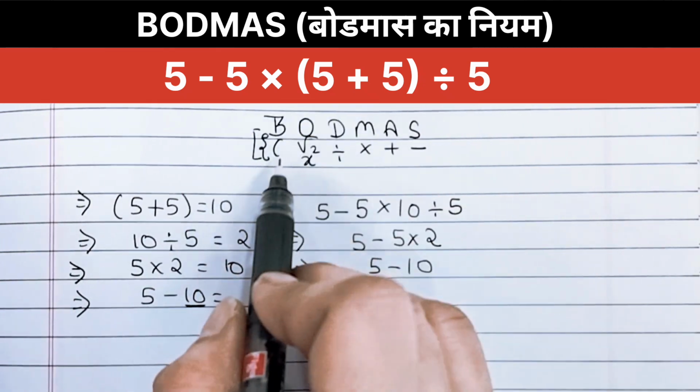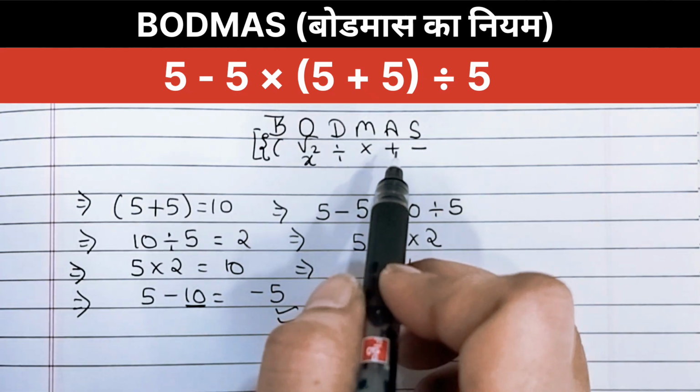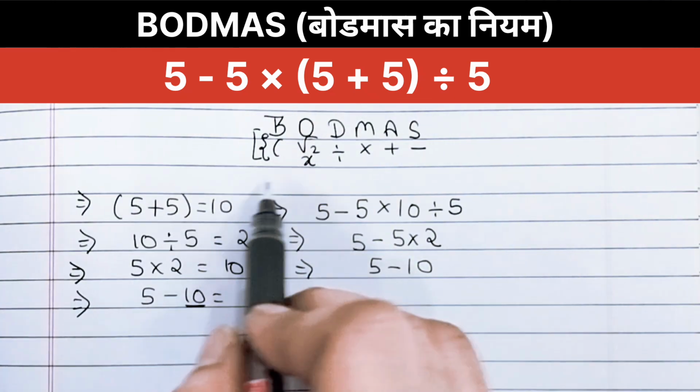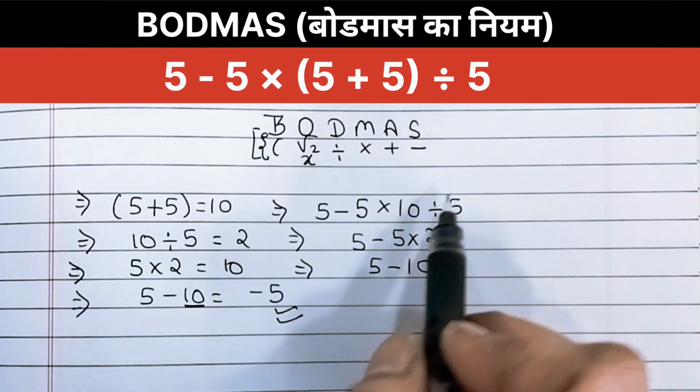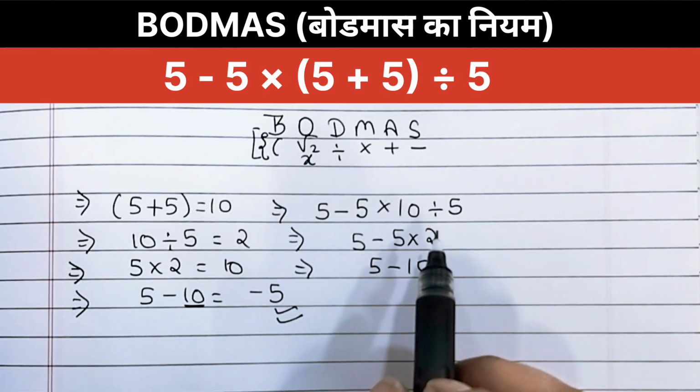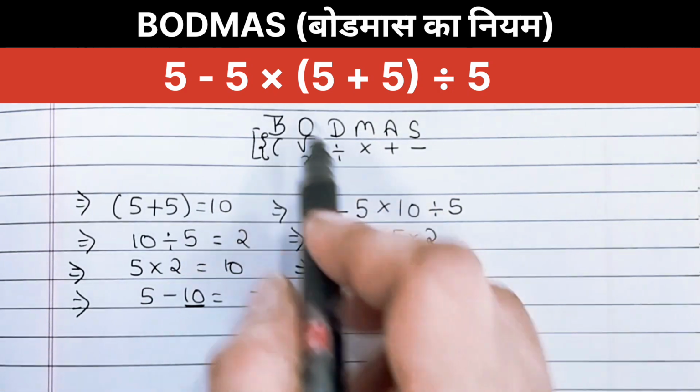According to this expression, by strictly applying the order of operation, we ensure that the mathematical logic is sound. Skipping a step or performing the subtraction first would lead to an incorrect answer. So the final result of this expression is minus 5, and I hope it is clear.